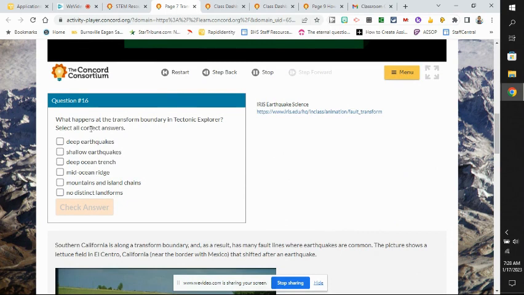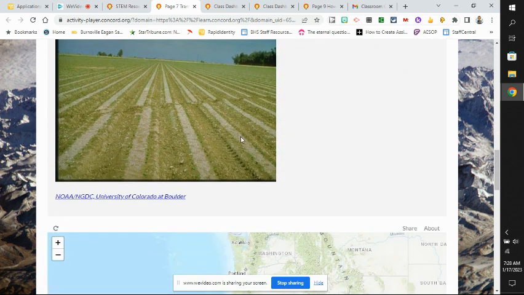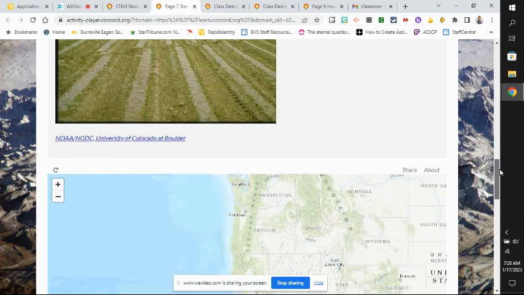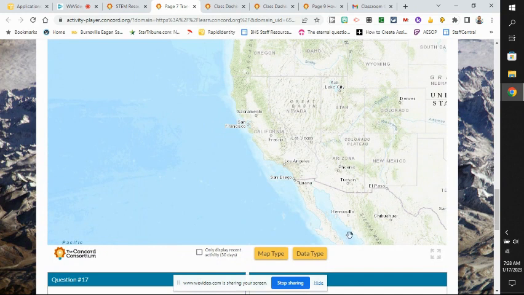So this question, what happens at a transform boundary in Tectonic Explorer? Select all the correct answers. So I will put that in the Edpuzzle. Here's a picture of one where you can see the ground has been displaced. And finally, let's take a look at